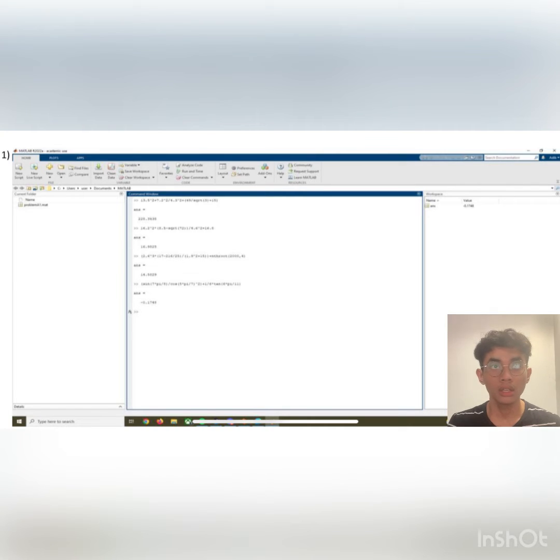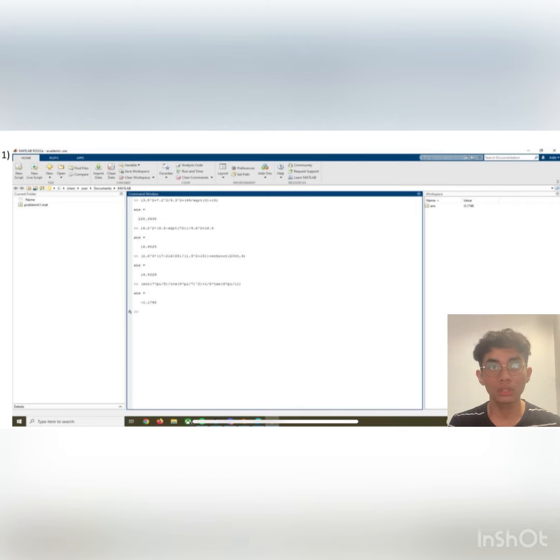16.9825. Next, (2.6^3 multiplied by (17 minus 216 divided by 25)) divided by (1.9^2 + 15), plus the fourth root of 2000, and the answer is 14.5829. And then lastly, sine